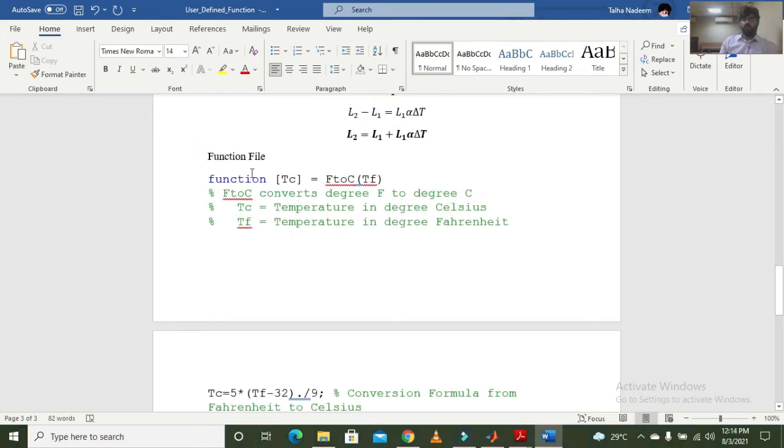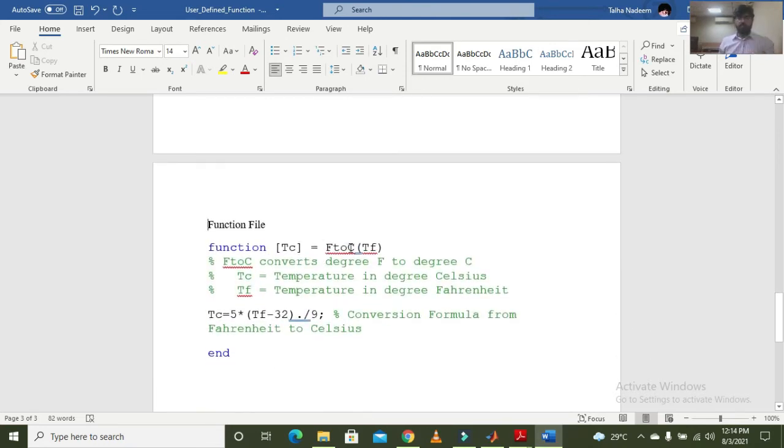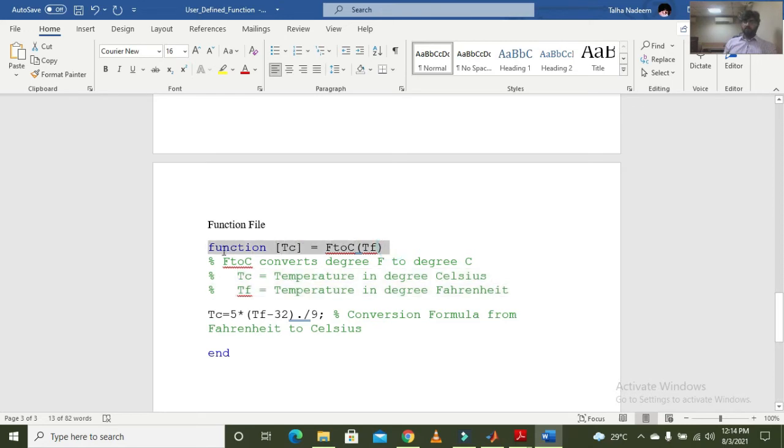and again it is not necessary to write down so many help text lines. That is totally up to you. If you want to write it, you can. If you don't want to write it, there is no need. But you have to carefully define the function definition line, the h1 line and the function body. After that you will have a script file.